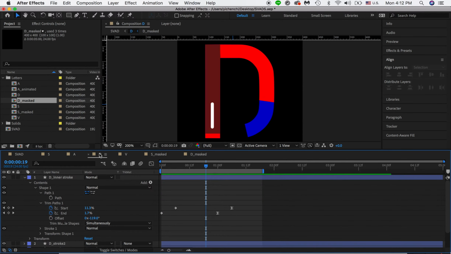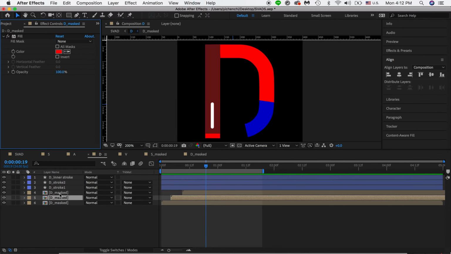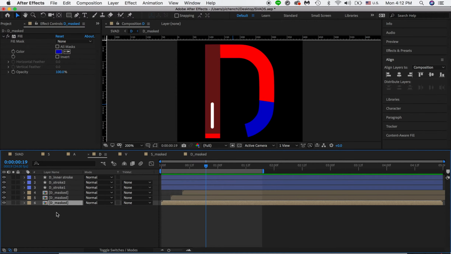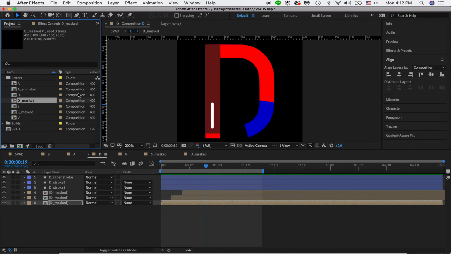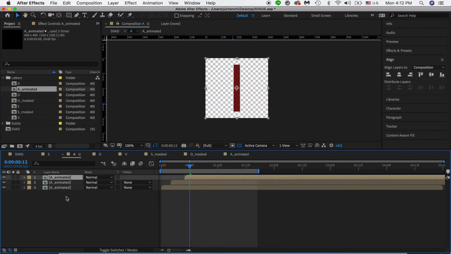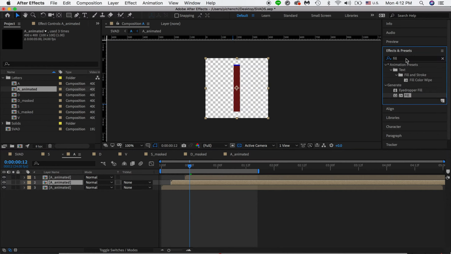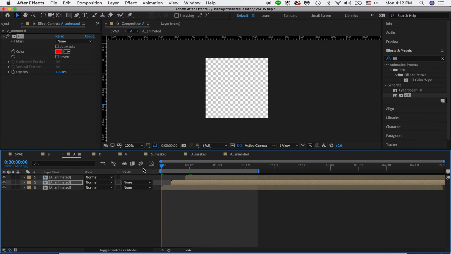Okay, so let's find the outline. Okay, so effects. So the effect for our D, for the fill, we copy it from our previous layer. And let's go back to our A animated. So letter A, and this should have the blue applied on it. So the one in the middle should be red. I'll just find it here. Apply it in the red. Okay, so pretty much